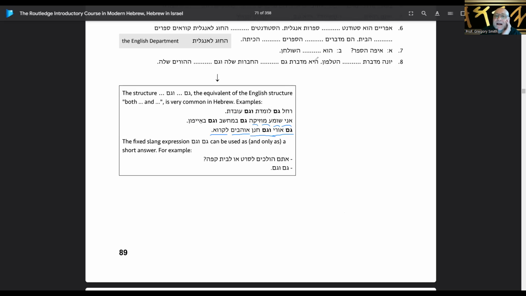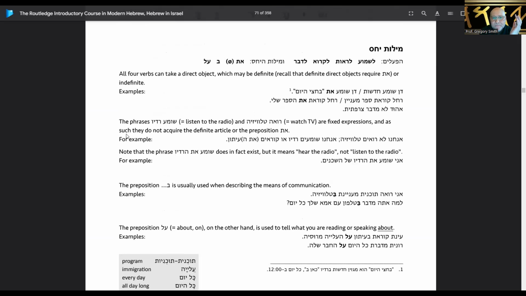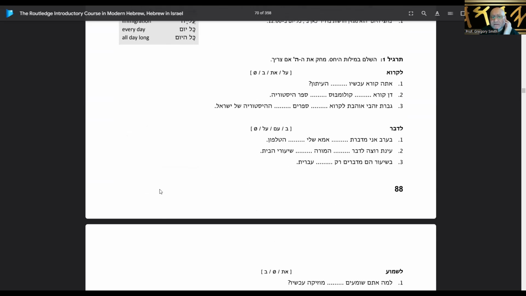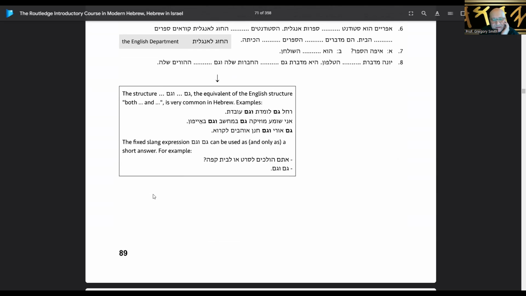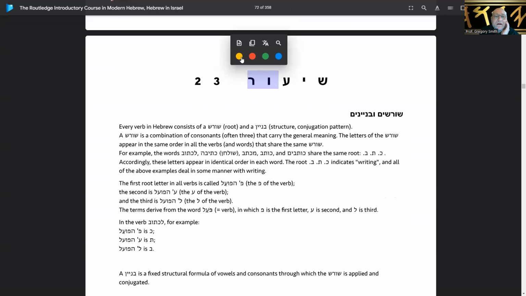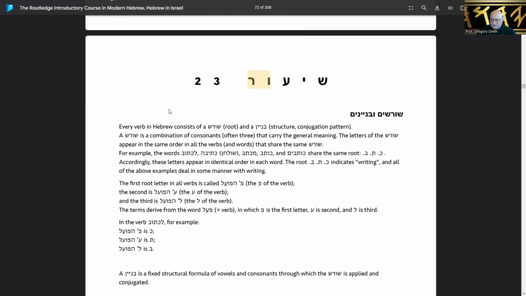All right, I think that's enough for today. That completes Shiur 22. I didn't really intend to do this all over again because I had already done these with someone else, but hey, I guess extra practice is good. So next time we're going to work on Shiur 23. If I can get something here to, oh, no, we need mouse. There we go. All right, so that tells me where we're at next time. Lesson 23.